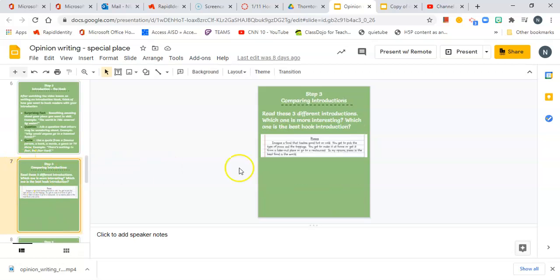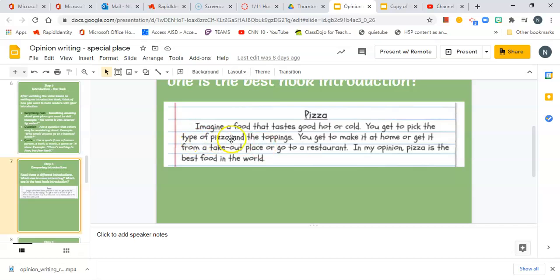On slide 7, look at these 3 different introductions. Which one is more interesting and which one has the best hook introduction? So here's some examples. I'm going to make it bigger so we can see. Here's the first one. The topic is pizza. Imagine a food that tastes good, hot or cold.